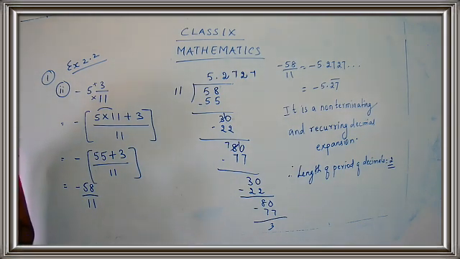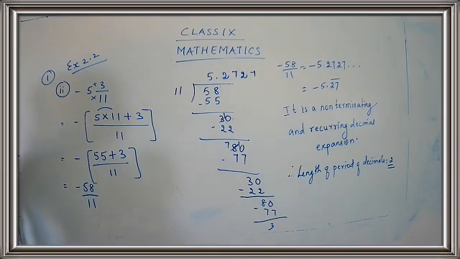Express the rational number 1 upon 33 in recurring decimal form by using the recurring decimal expansion of 1 upon 11. So what is given to you here? They are saying that you have to express the rational number. You know the meaning of rational number? What is a rational number? It is of the form P upon Q. That means you have a numerator and a denominator.